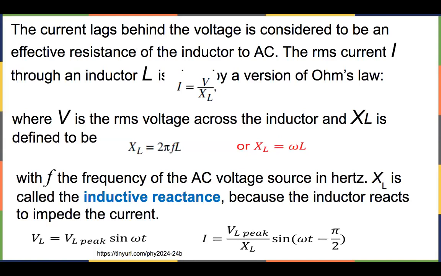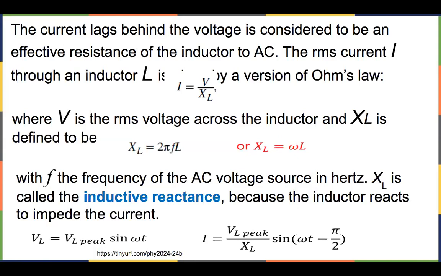It's not exactly equal to V over R, because in this case we are using an inductor, so there's really no R here, but we can come up with a quantity called the reactance of the inductor. Okay, then in that sense we can express it similar to Ohm's law. I is going to be equal to V over the reactance. Okay, reactance is